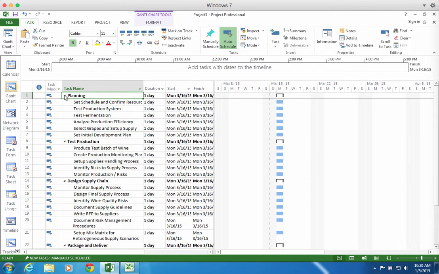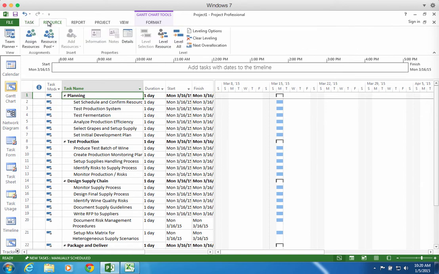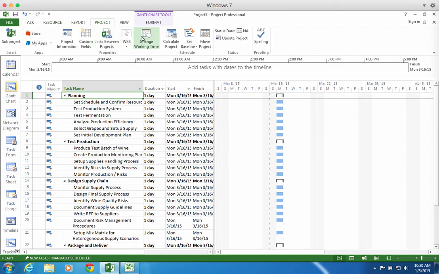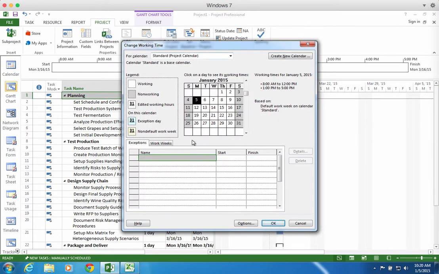All right, so now we have another problem we need to remember. St. Patrick's Day is a non-working day. So before we get to too much auto-scheduling, we actually need to go back and change the working time in our calendar. And we need to remember that March 16th, which is going to be our St. Patrick's Day, is going to be